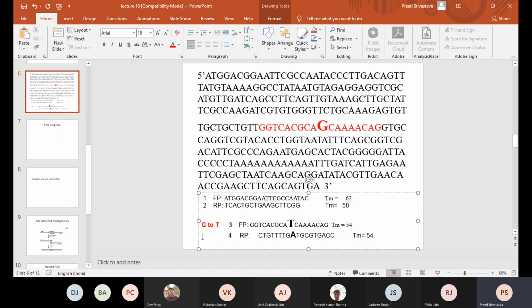If we use primer number 3 and 4, we are not going to get any amplification, right? But what will happen if we use primer number 1 with primer number 4, primer number 3 with primer number 2? Does it make sense? So you're going to use primer number 1 with primer number 4. What will happen?